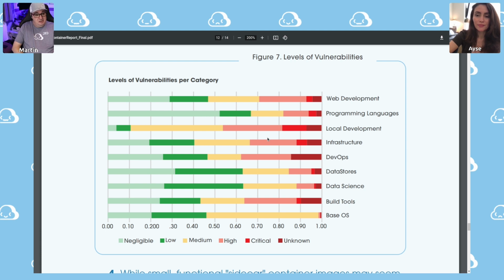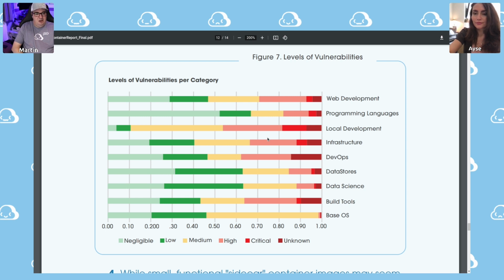And again, this particular graph outlines the point I was making earlier. There are two things that really leap off this for me. The first is base OS. That's the work that the Linux vendors are doing to make sure they are delivering regularly secure base operating system images to the container ecosystem for people to build upon. Just as Andy says, take a base OS, add the software stack on top, do it yourself.